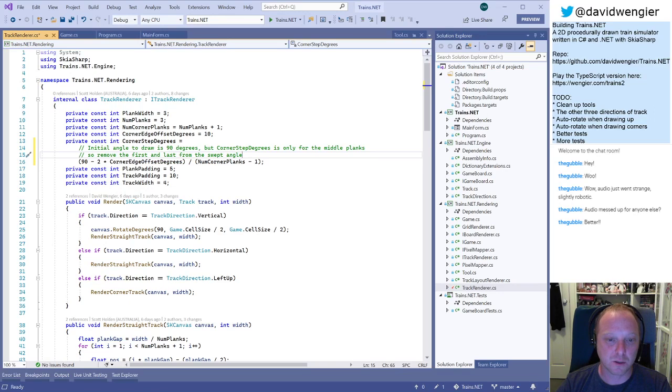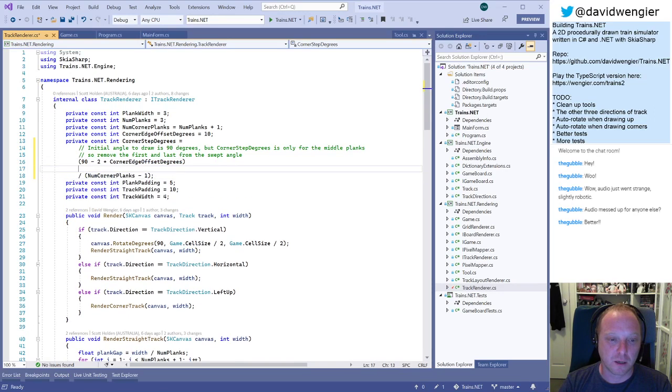That sounds technical. Swept angle. Now just split up the remainder amongst the middle planks. Alright, let's see how that looks